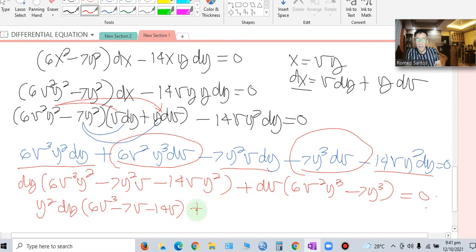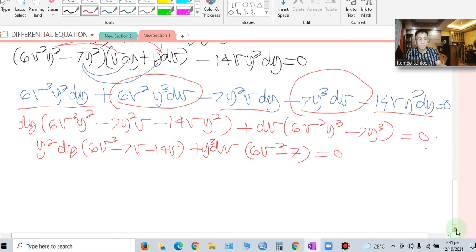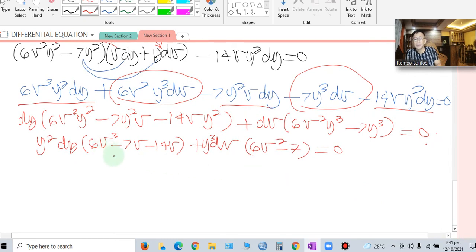Dito naman, plus. Ano yung common dito? Y cubed, di ba? db y cubed. So, matira dito ay 6b squared minus 7. So, this is equal to 0. Okay, so, yeah. So, i-transpose natin to the right ng isa. Okay, so we have